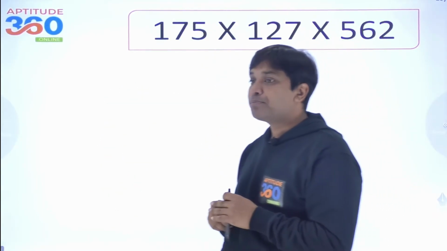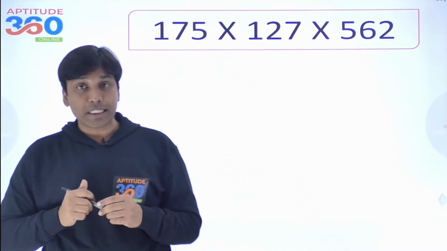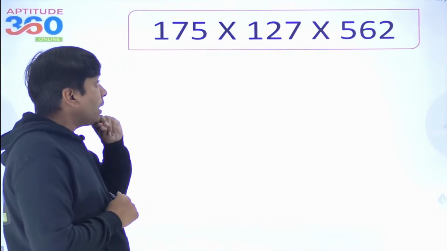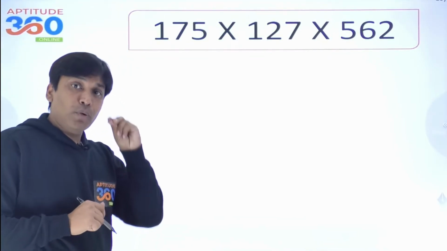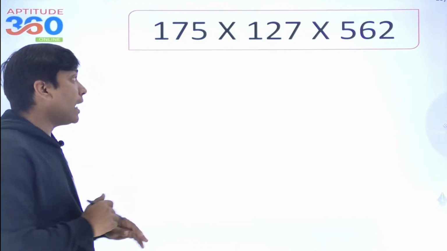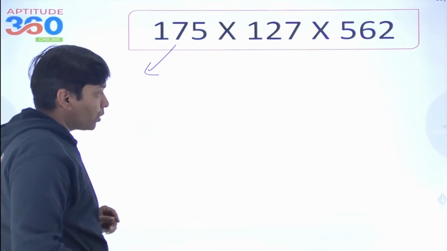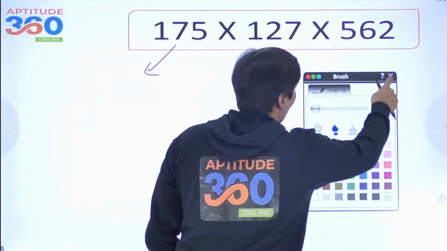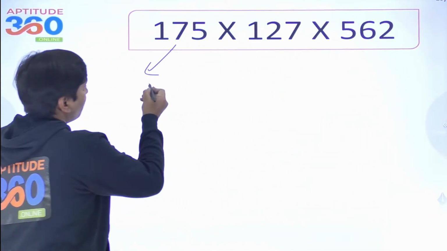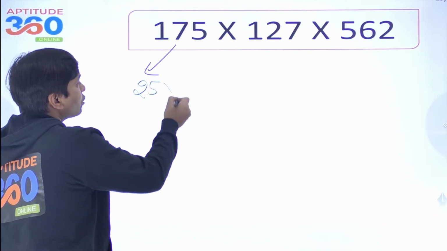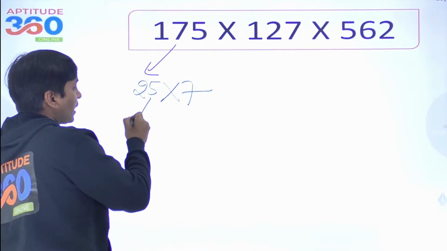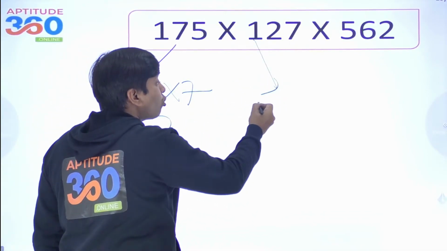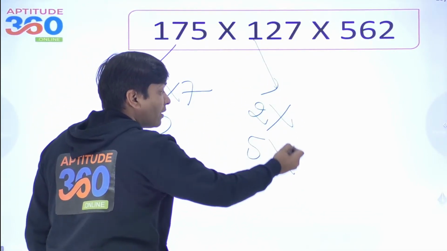This problem, try to solve it on your own, right? You can do it. Pause the video, solve it on your own and see if you can do it. Try to understand what is that we are going to do. We are going to look for 2 and 5, nothing else. This number has got how many 5's? Obviously it is not going to have 2's. How many 5s? So can I say this is 25 into 7? So that is what 5 to the power 2, isn't it? Now here no 2 and no 5.